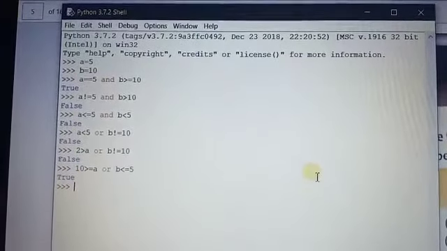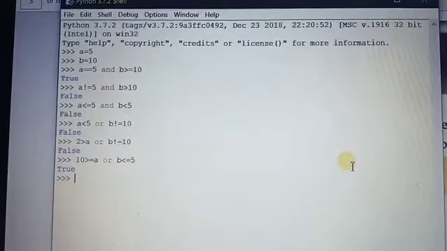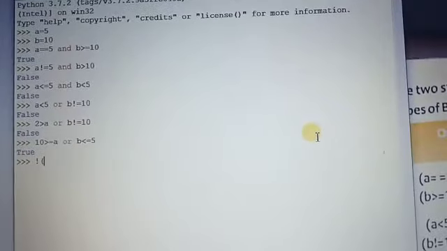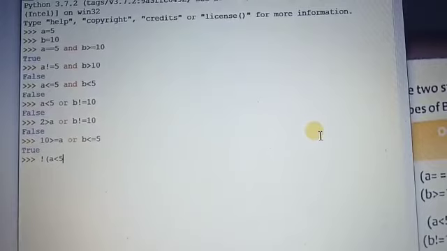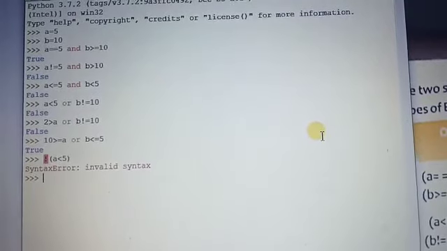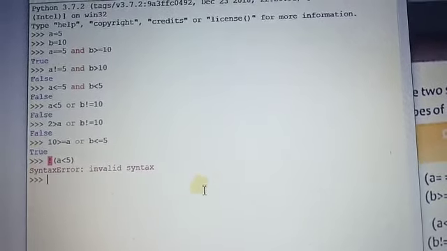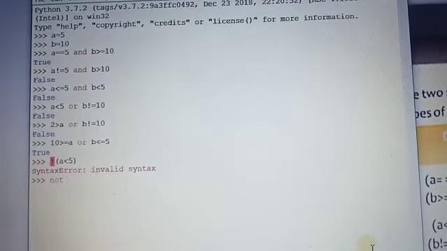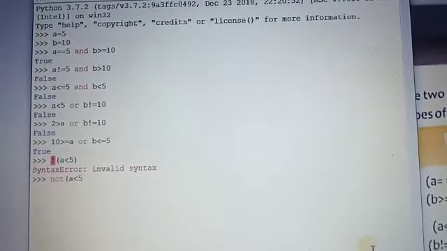Okay. The next one is the NOT logical operator. Not only just a single condition. Like I have defined here, NOT a less than 5. It is given the syntax like this. Not in a symbolic manner, it can be taken, a less than 5.